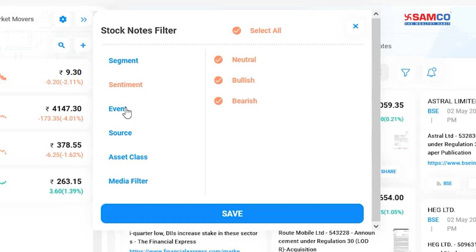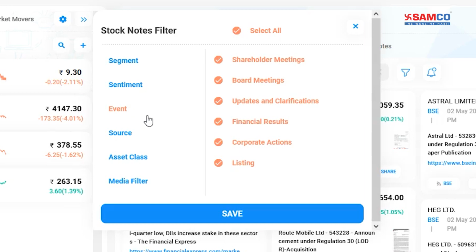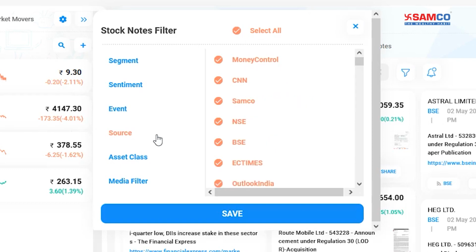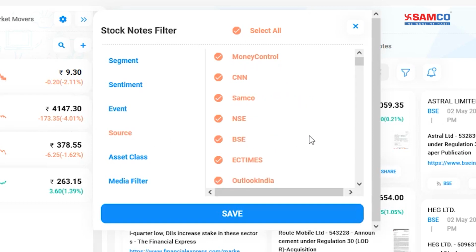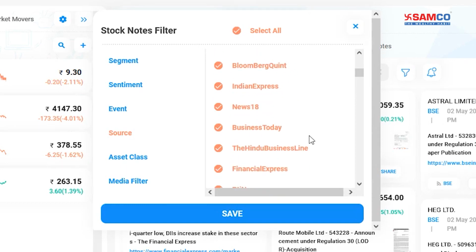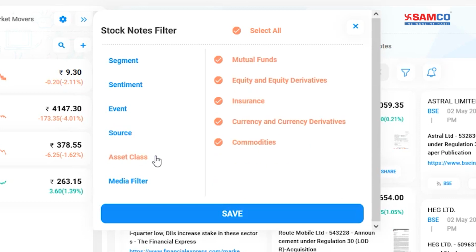Likewise, you can filter the notes based on events like shareholder meetings, financial results, corporate actions, etc. And even filter sources from where you would like to receive the market news like Money Control, NSE, BSE, Business Standard, Bloomberg Quint, etc. Under the asset class, you can choose to filter notes of different assets like mutual funds,